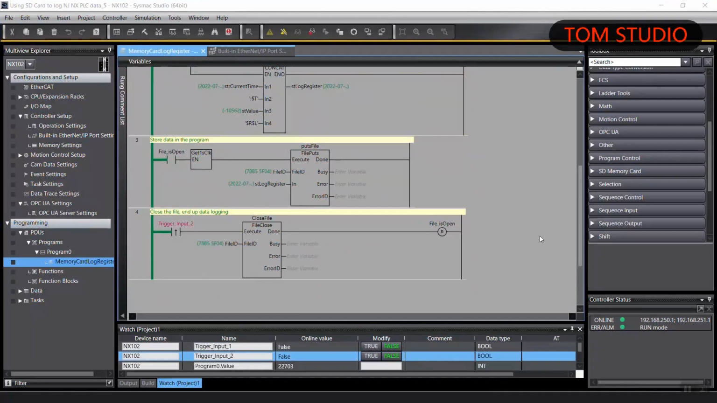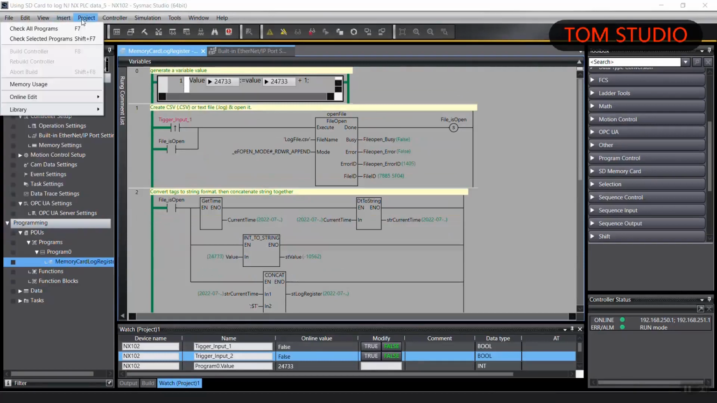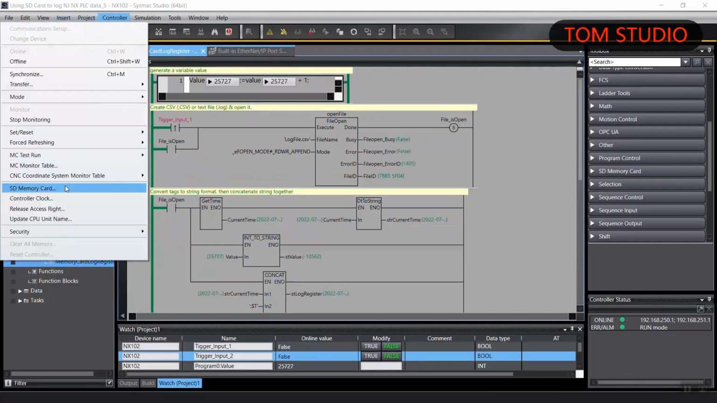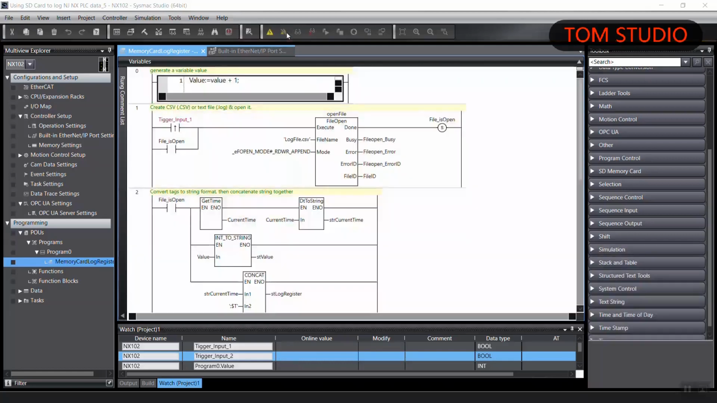Okay, we just carry on. We have looked at the memory card since the last time we triggered it, and we are able to see the files being logged to the memory card. And now we just have a look. I want to show you how to put another